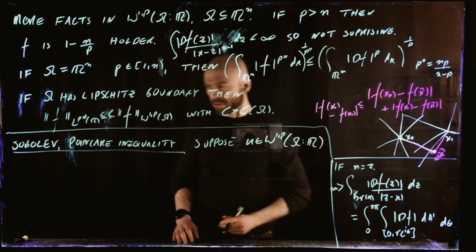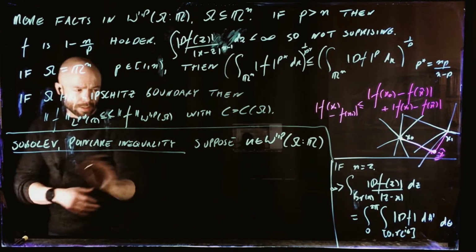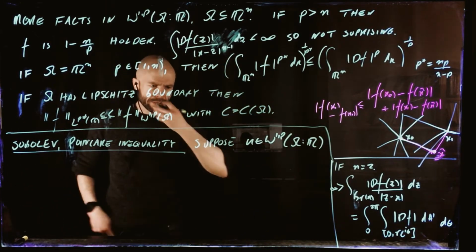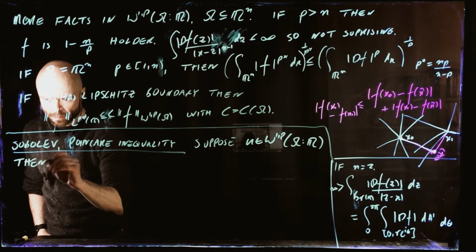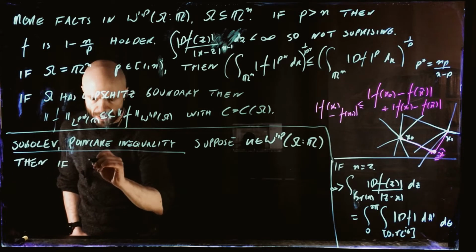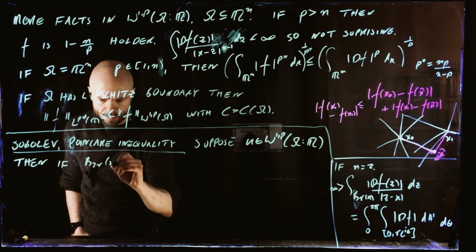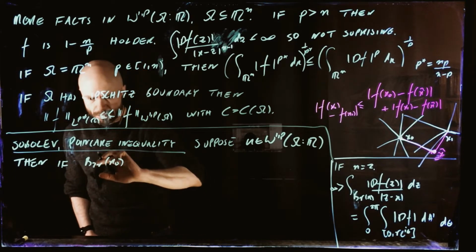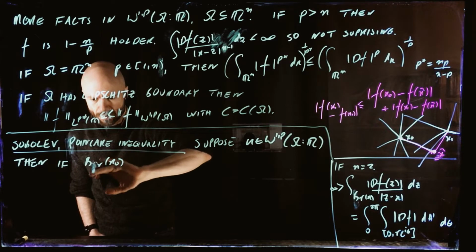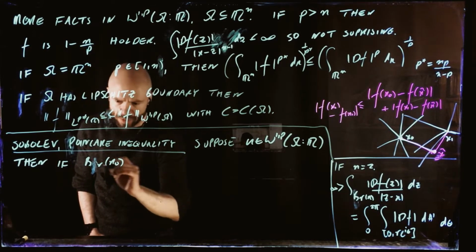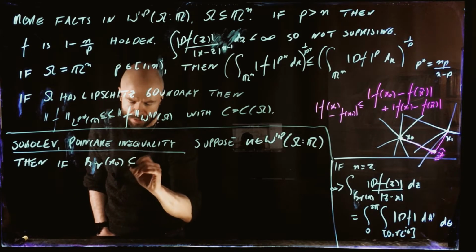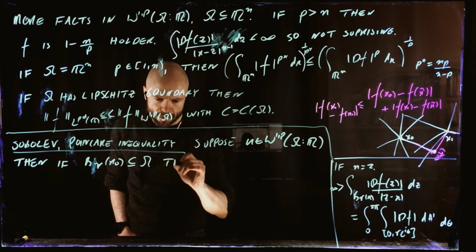When we're taking scalar valued functions, there's no real loss in generality in doing this. So suppose we have this, then if we have the ball of radius 2r, no, r would be enough, a ball of radius r contained within our domain, then